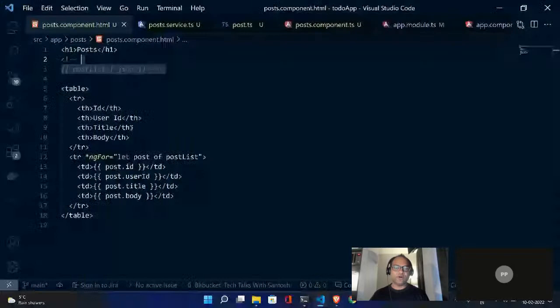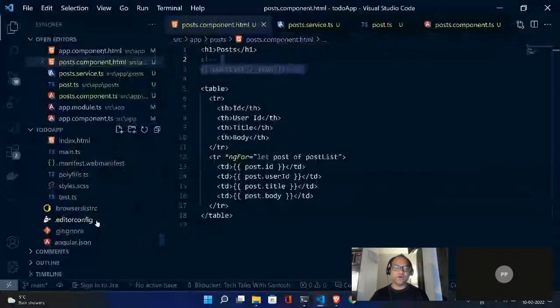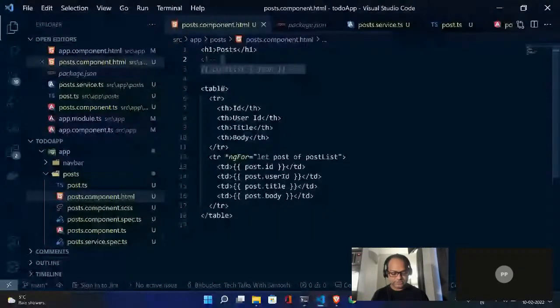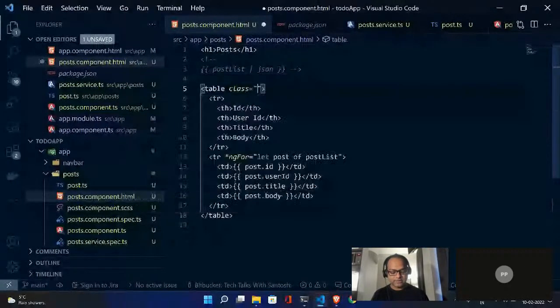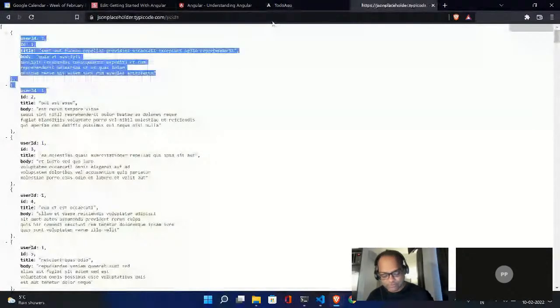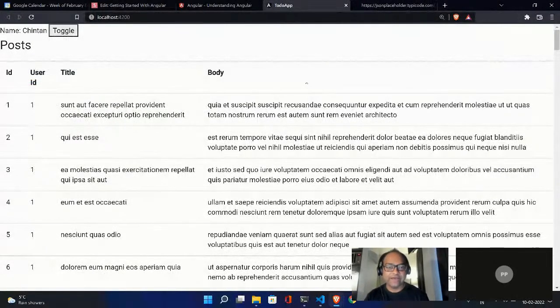So let me see if I have Bootstrap installed here. I'm not sure if it is, but yeah, we do have Bootstrap. So let me just make this table responsive by adding a class called table. And this is it. So you have a responsive table which is created in Angular, which gets the data from the backend, and all the information is available here. So I think this is more than enough, or I would say a lot of things to grasp in a single hour.